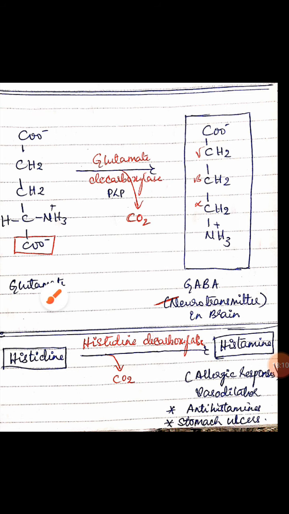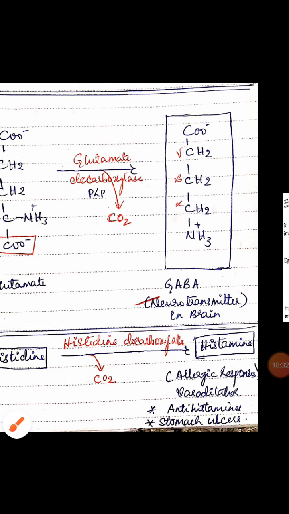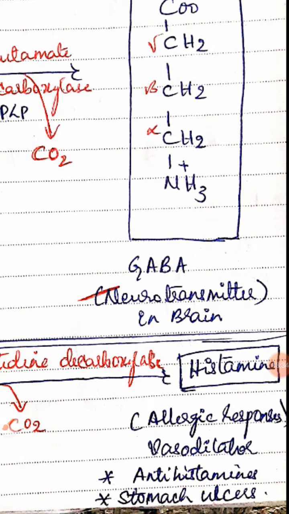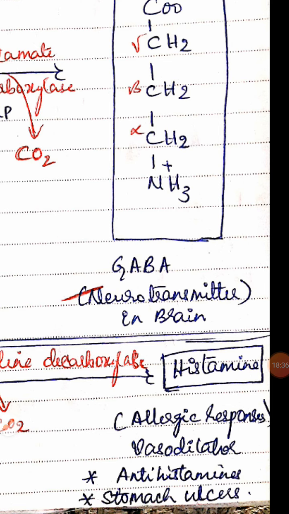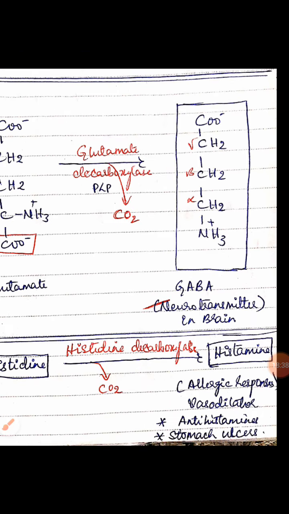There is one more question. Instead of glutamate, for decarboxylation you will have to use histidine. Okay, so they have asked name the byproduct of histidine and its biological importance or significance. So histidine on histidine decarboxylase, that is removal of carbon dioxide, is going to form histamine. So histamines are known for allergic responses in skin. They are otherwise called as vasodilators.